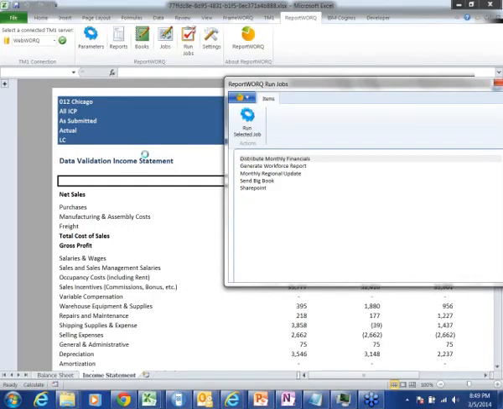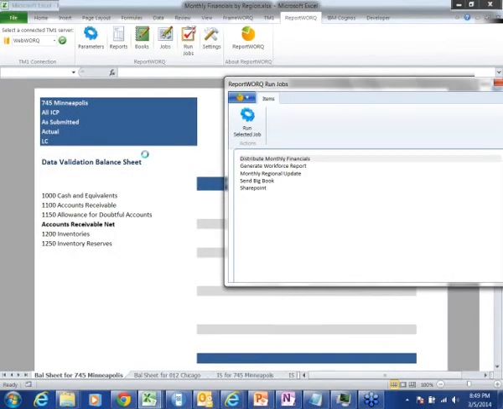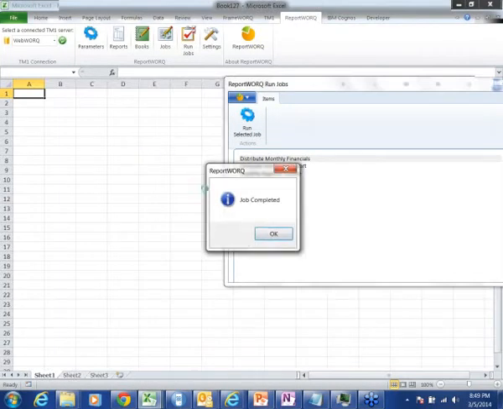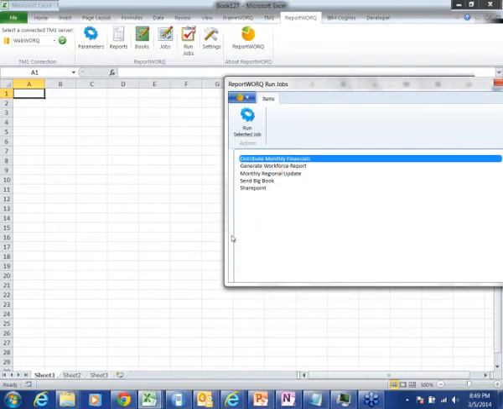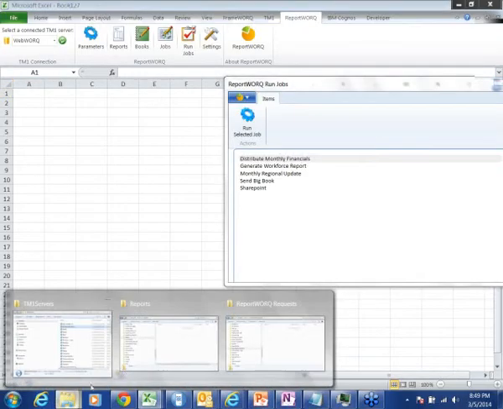And you can see it's changing it across my entities. So in this particular case, my organization, we have offices all over the United States and all over the world. And what this job has done is it's now set up and published my income statement and balance sheet. And I think you may have seen it for my Minneapolis and my Chicago division. Now, where did those go? Well, in this particular case, this job has done 2 things. The first thing it's done